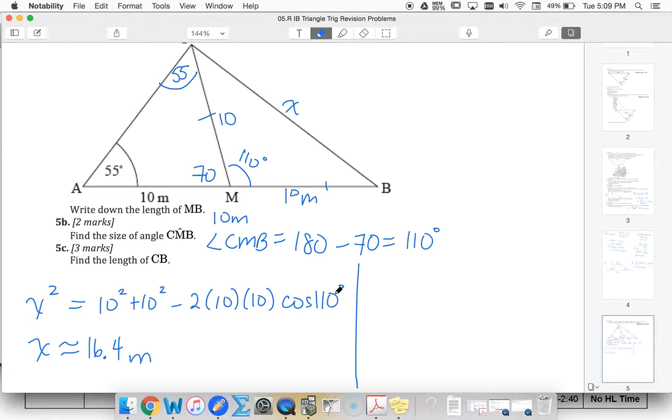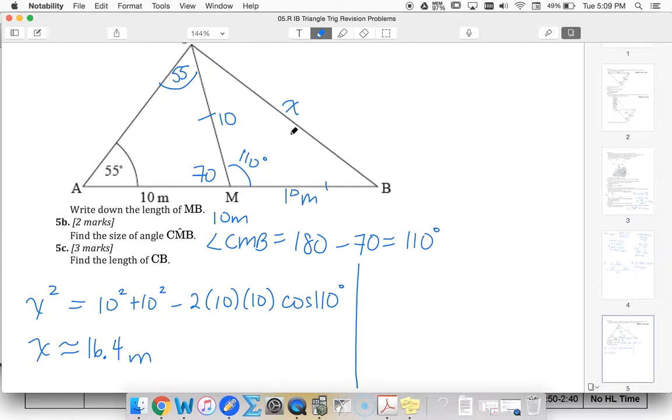If I had used sine rule, I know this is 110. So these two angles must add up to make my 70, because 180 for all three of them minus 110 is going to be 70. And then 70 divided by 2 is going to give me each of these angles. So that'll be 35 degrees. 35 degrees. So I could also say that x divided by sine of 110 must be equal to 10 divided